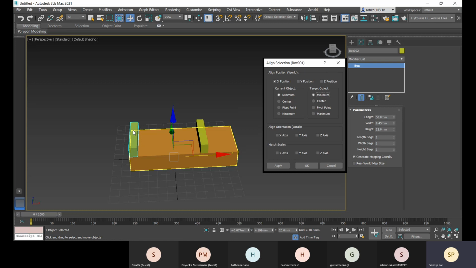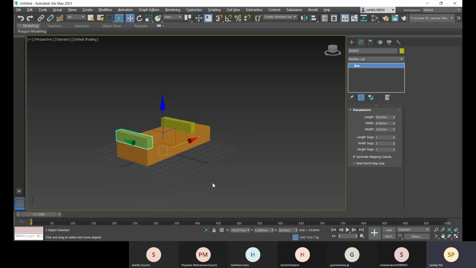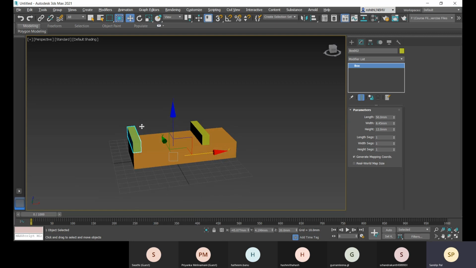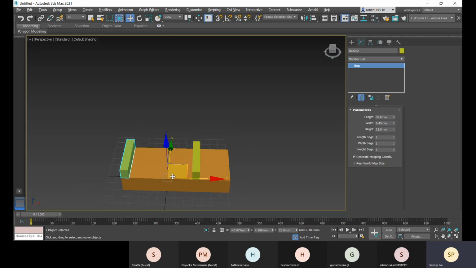Okay, so this side you had started from the left, so that is the minimum. Okay, and that is aligned. And now let's click on OK. There you can see. So I only changed the X direction. Okay, as it was at the top, only the X direction is changed, not the Z value.